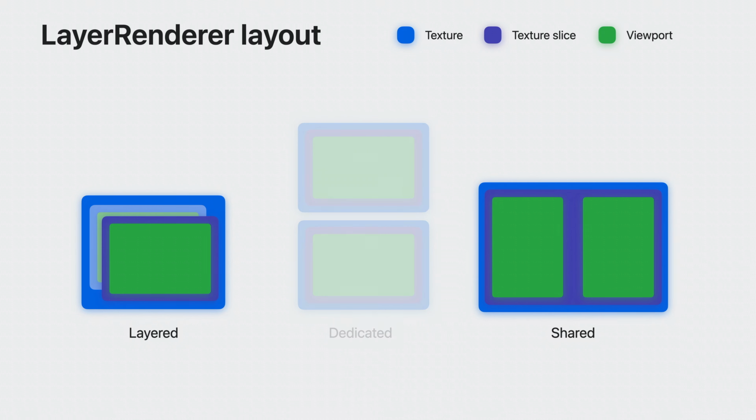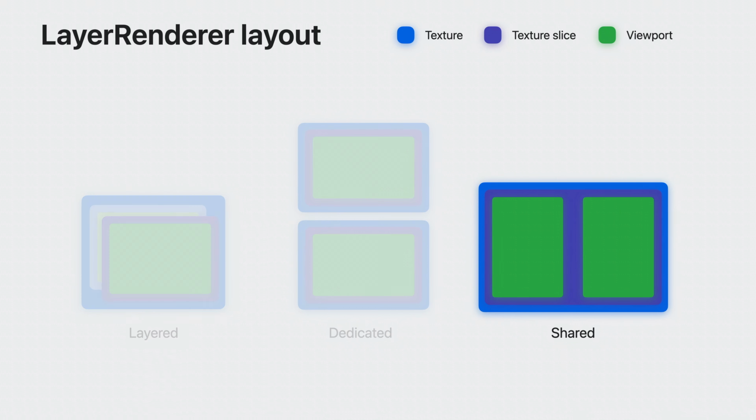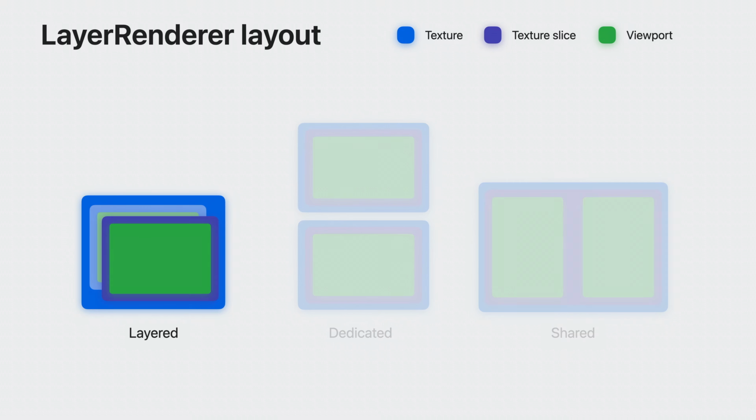For example, with Layered and Shared, you will be able to perform your rendering in one single pass, so you can optimize your rendering pipeline. With Shared Layout, it might be easier to port existing codebases where foveated rendering is not an option. Layered Layout is the optimal layout, since it allows you to render your scene in a single pass while still maintaining foveated rendering. The last configuration property to discuss is color management.